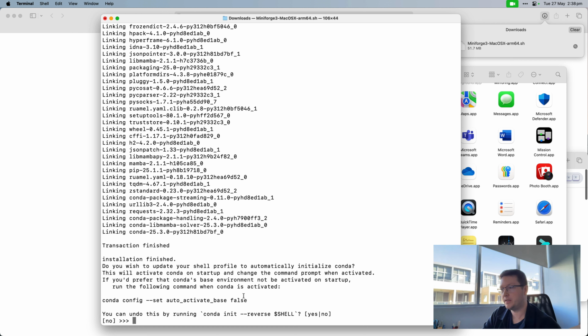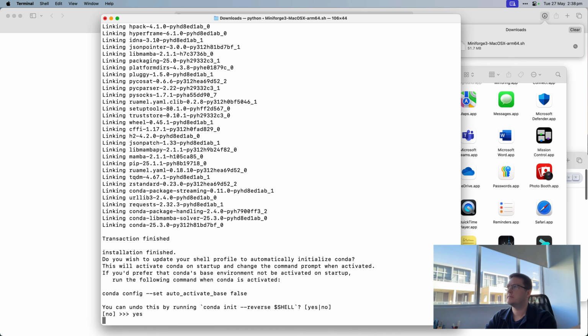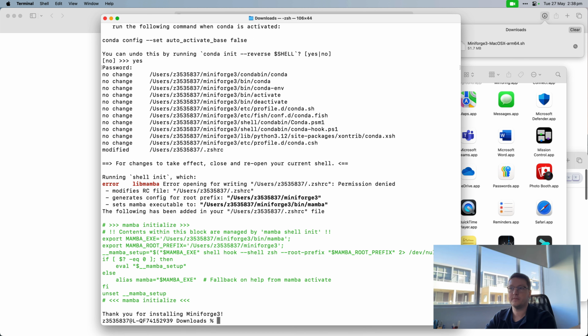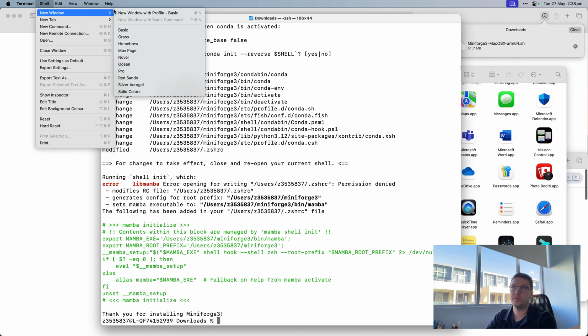Gosh, this is a very confusing question. So here's the question. Do you want it to be updated to automatically initialize? Yes, I do. Okay, so it needs my password, so I'll type that in here. Okay, so on Mac, my shell here is ZSH. So now if I make a new shell, new window,